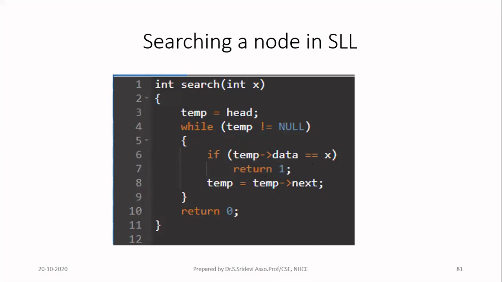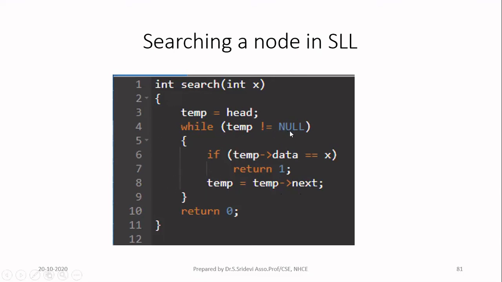Now understand return 1. Whenever you write return 1, it will not continue with the remaining part of the program. When a return statement is executed in any function, the control will stop and it will go to the main function again, from where you are calling this function. Now assume that I am calling this function from the main, so control will again go to the main function. So if your element is present, you will skip the remaining part of the program, you will not continue. If the element is not present, you have to go and check the next element. For that, I am changing the address stored in temp. Temp is equal to temp arrow next. Do all these operations one by one.